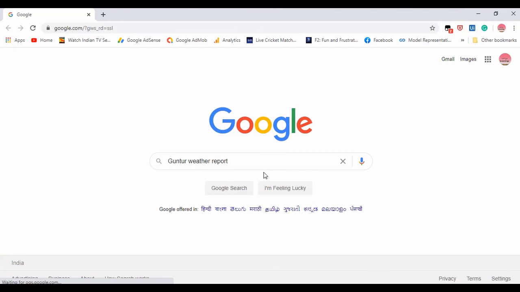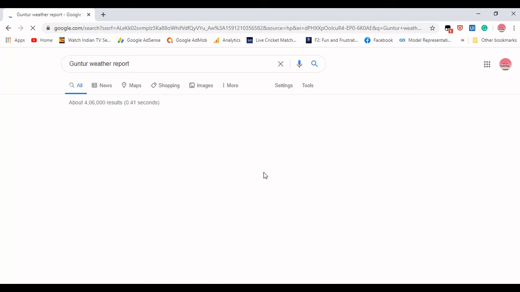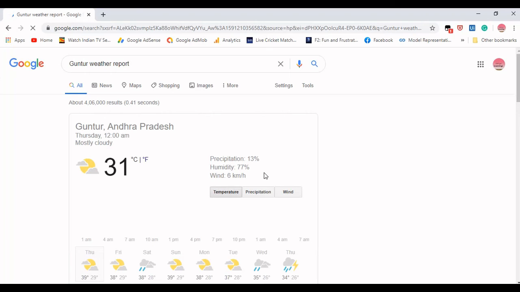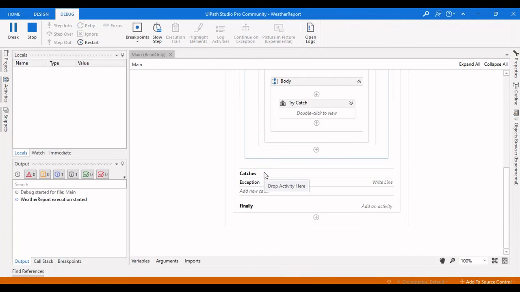And this is the Guntur weather report. Then it is getting 31, 13% humidity and 7%, and wind 6 kilometers.